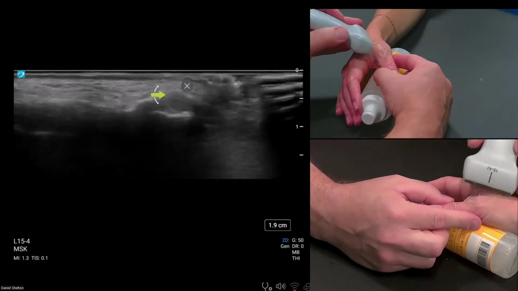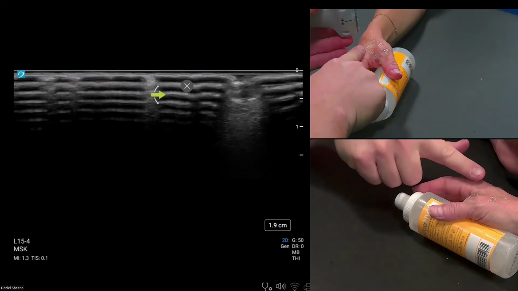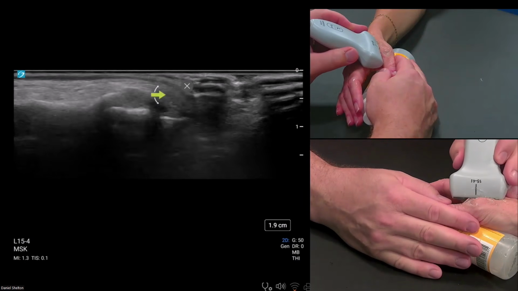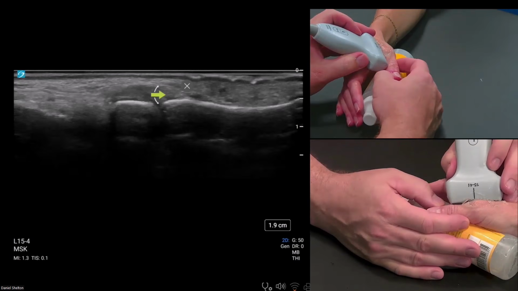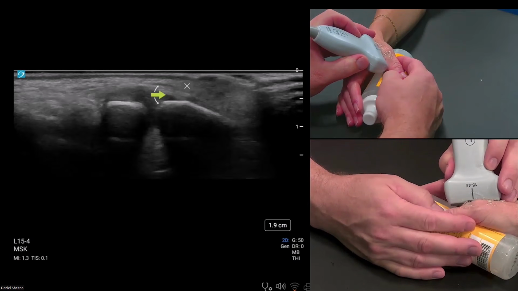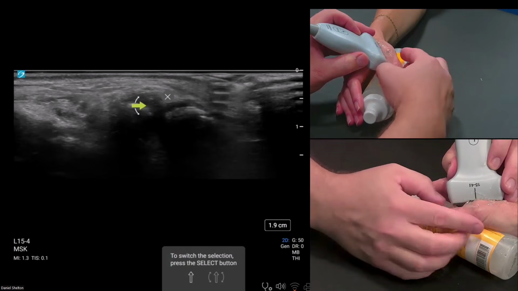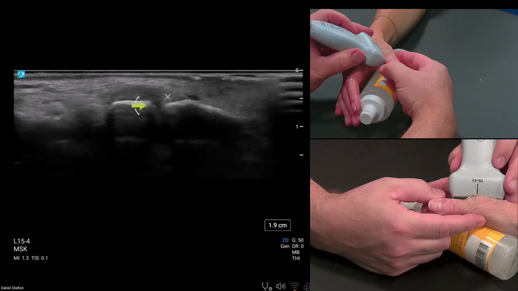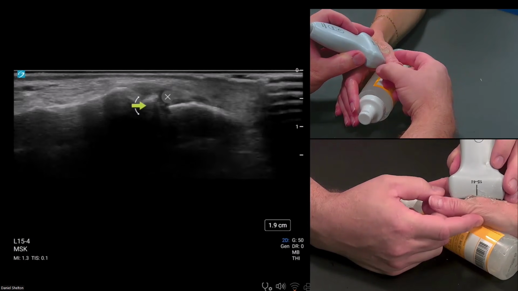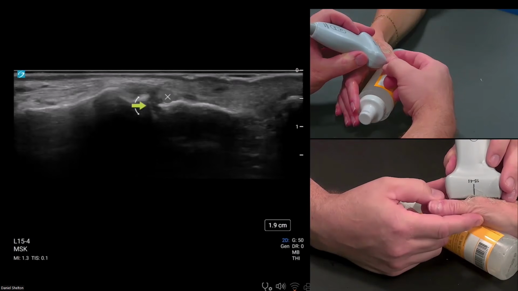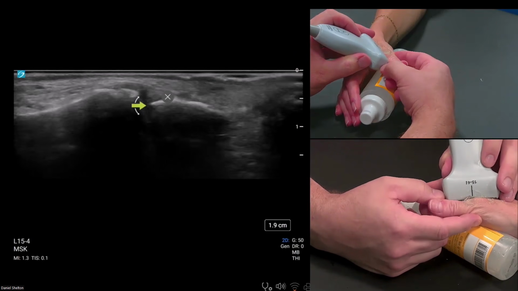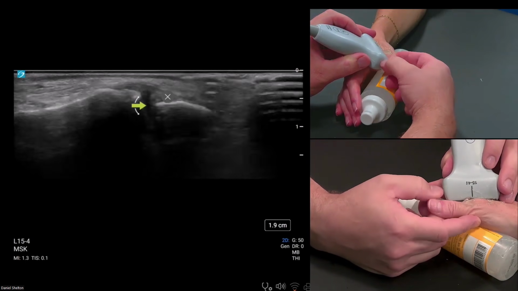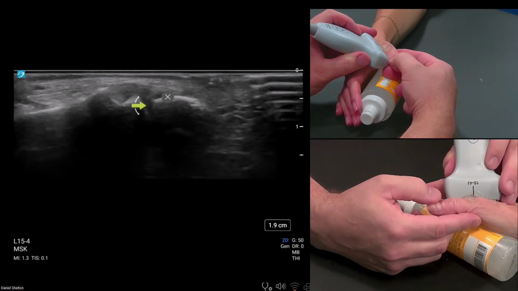So here I am, again, leaning this side of the transducer against the knuckle of the second MCP joint. When I drop it on there and then just set it right down in long axis to the rest of the thumb, really, I can stress the joint itself here just by putting my other finger behind it, and then my thumb is here, and that provides a nice fulcrum. So that tests the ligament itself, and you always want to do a bilateral study on this because you're always going to get the joint to open a little bit more than you think it should open. Okay, and then that ligament looks good.